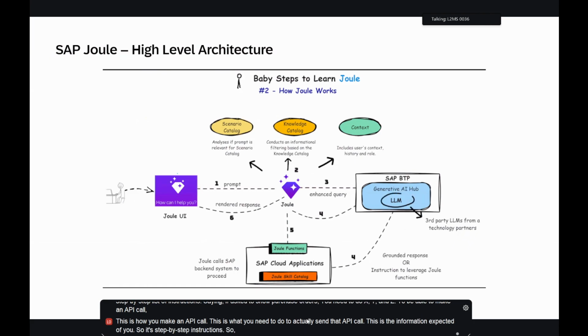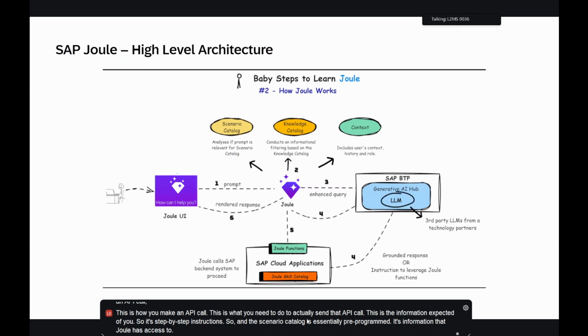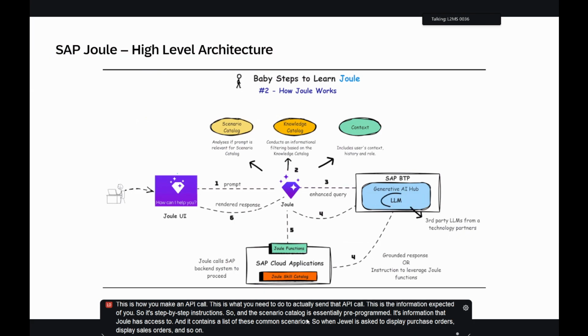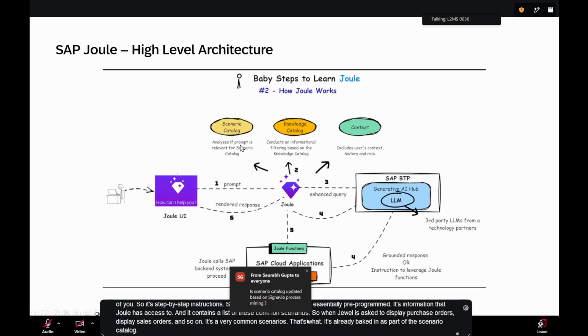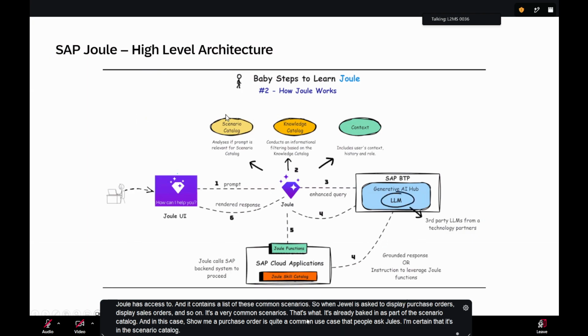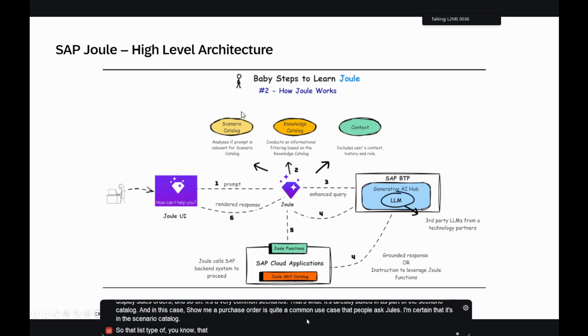So, the scenario catalog is essentially pre-programmed. It's information that Joule has access to, and it contains a list of these common scenarios. So when Joule is asked to display purchase orders, display sales orders, and so on, they're very common scenarios. That's what is already baked in as part of the scenario catalog. And in this case, show me a purchase order is quite a common use case that people ask Joule. So I'm certain that it's in the scenario catalog. So that list of step-by-step instructions is taken and it's appended to the user's prompt, which is show me